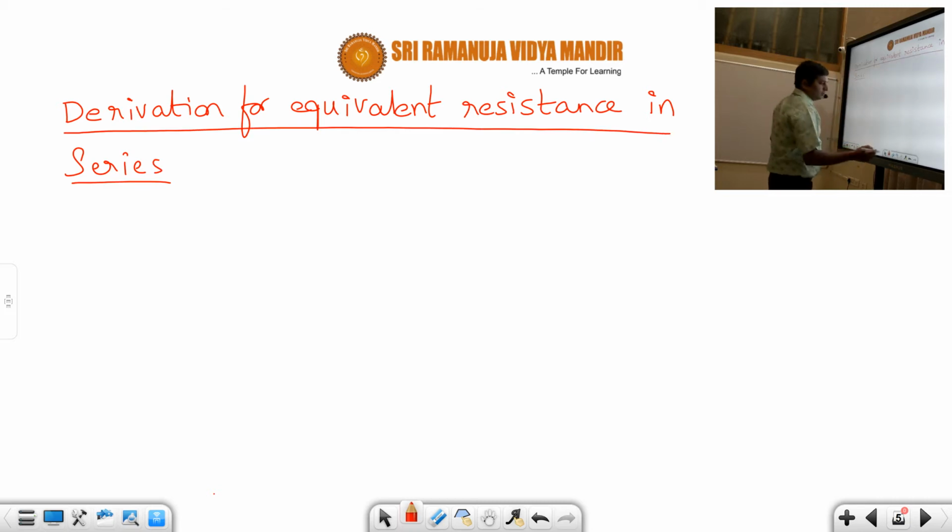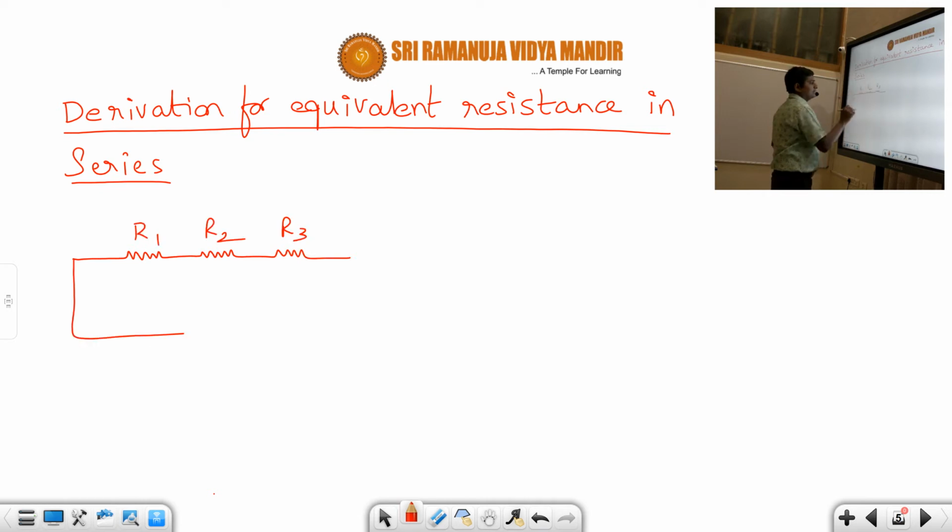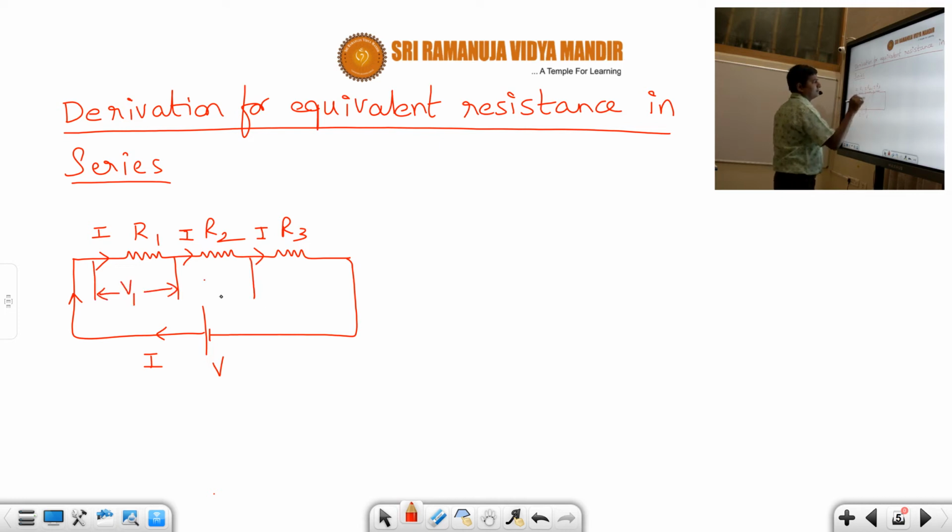Okay, so now let us take one simple circuit, students. Let us say this is R1, R2 and R3. Now they are connected to some cell of voltage V, students. Okay, now what will happen, students? The same current will flow. Now current I will flow like this, it will go like this. The same current I will be flowing in R1, R2 and R3, students. But the voltage across R1 will be different. Correct or not, students? That is the definition of what, students? Series connection.